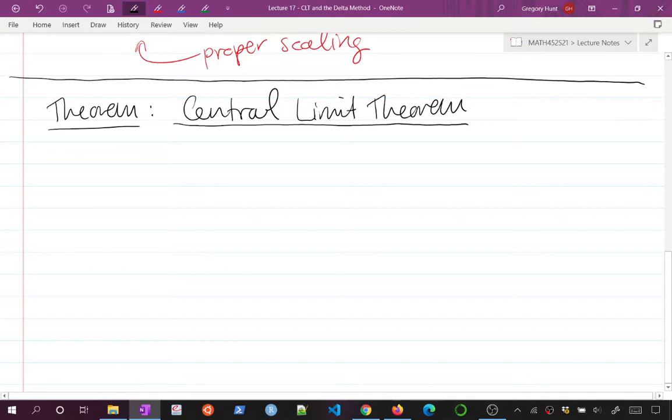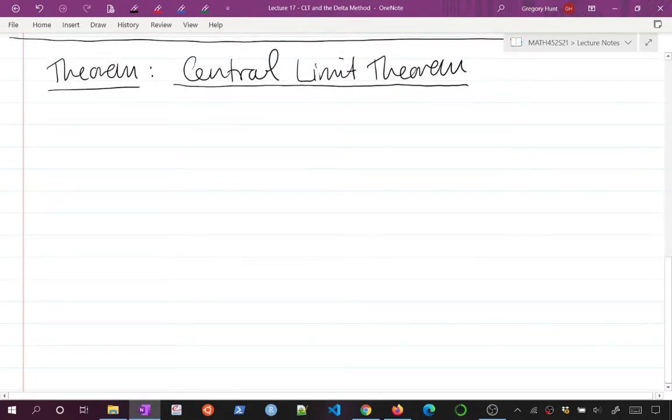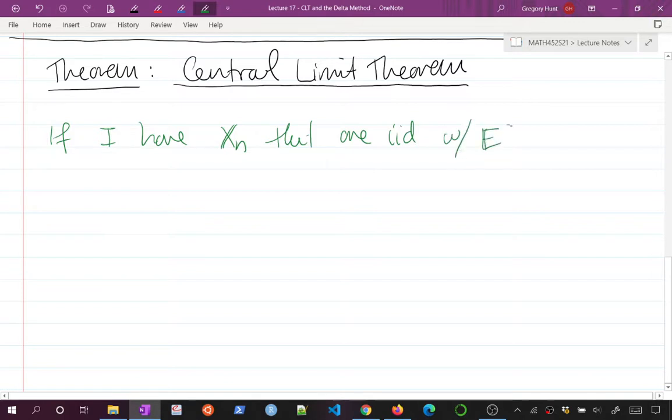And I'm guessing the name central limit theorem comes from the fact that it is a centrally important limit theorem. The limit theorem, because it says something about limits of random variables, and it is centrally important. So the statement is that if I have some X sub n's that are IID with, of course, all their means being mu, and their variances being sigma squared, and that variance has to be finite,